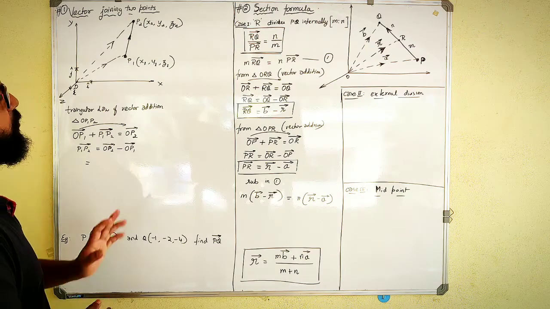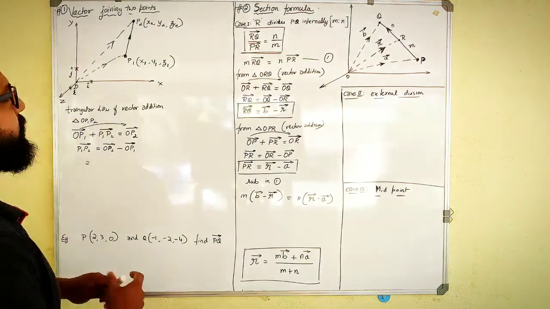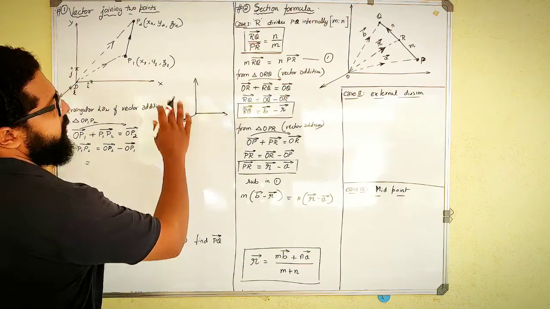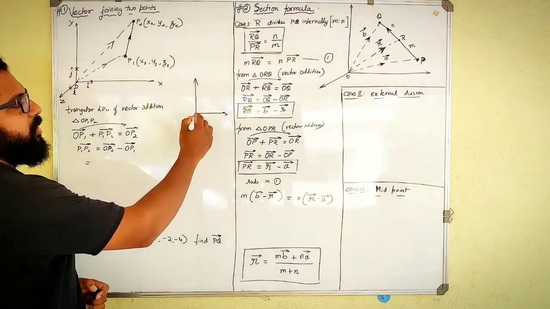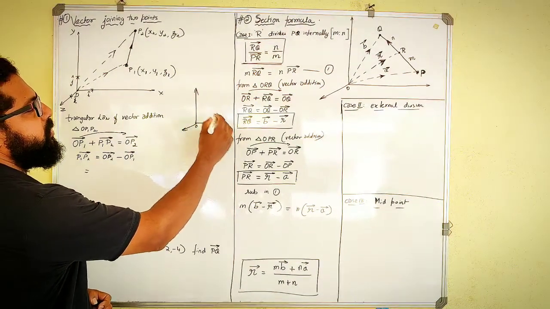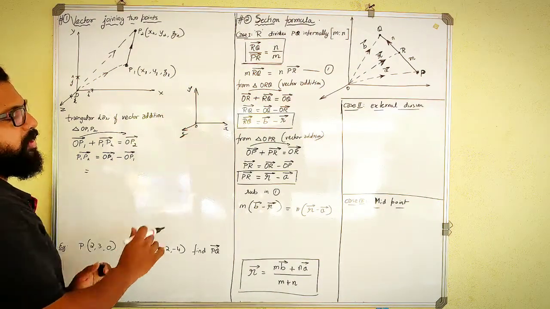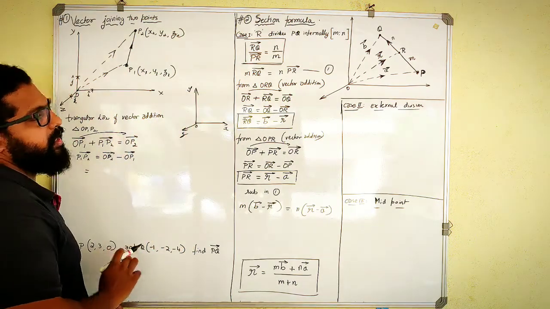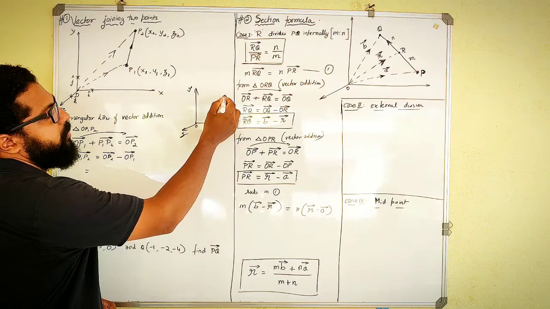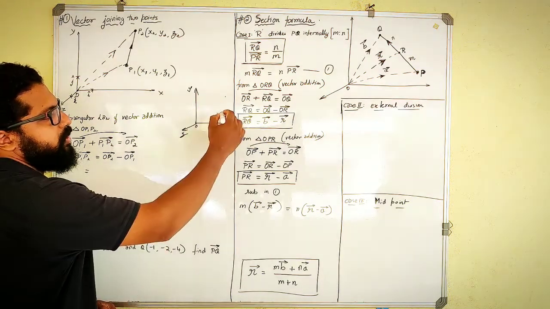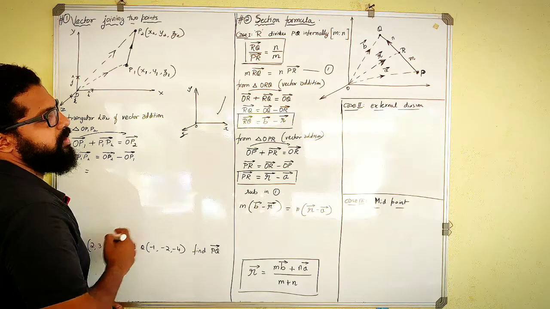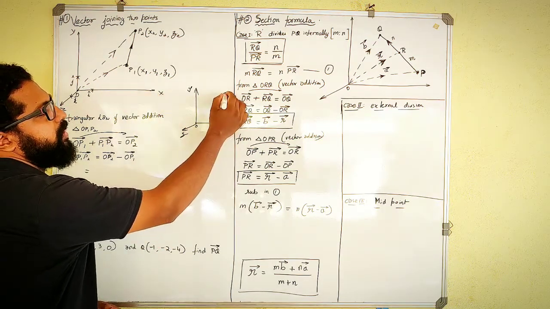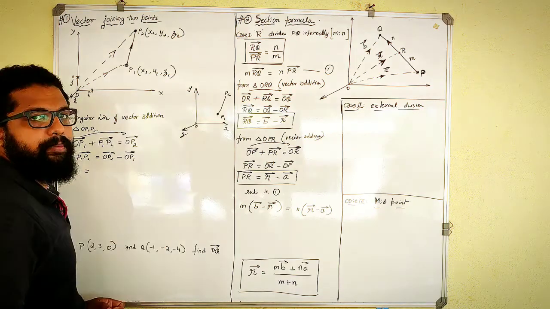So let us assume there are 2 points in the coordinate system. I will draw this roughly on one side. Imagine this is the 3-dimensional system, as in your classroom, and this is the origin point. This is my x, y and z coordinate. Then imagine there are 2 points, one here and another over here. I will join these 2 points from one direction to another. Let me name one point P1, as you can see they have given it, and the other point P2.